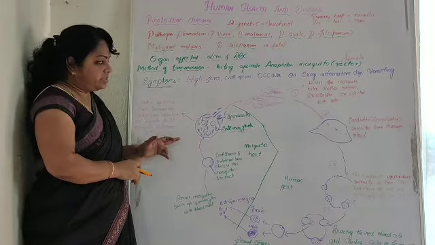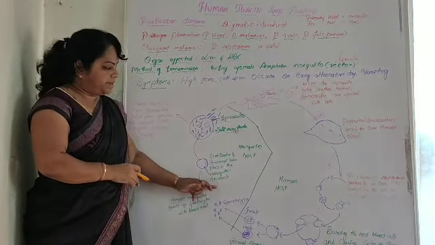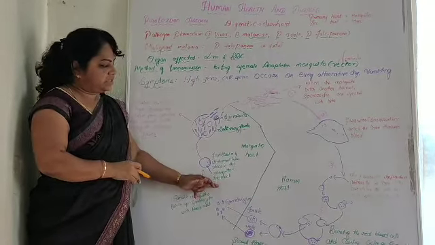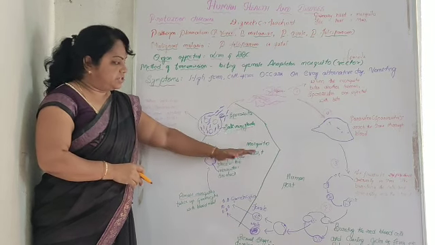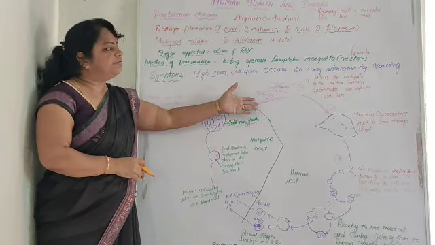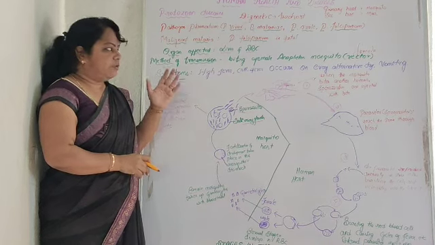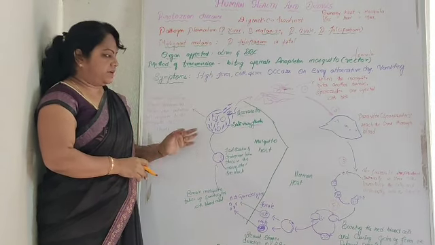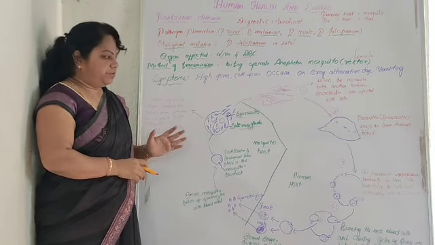So like this, the sexual stage takes place in the female Anopheles mosquito, and the asexual stage takes place in the human host. Like this, it completes its life cycle by asexual reproduction, sexual reproduction and transfer of the parasites. Since it is a very dangerous disease, as we all know, we have to avoid mosquito bites by following some preventive measures.